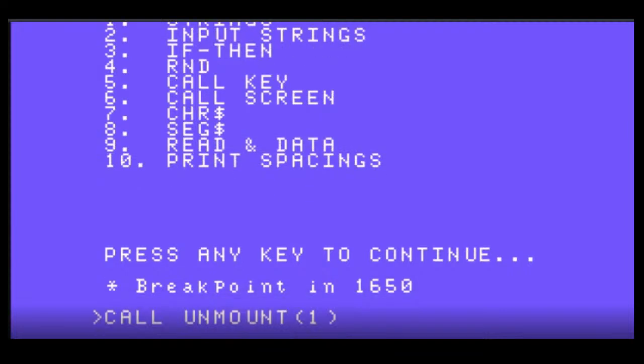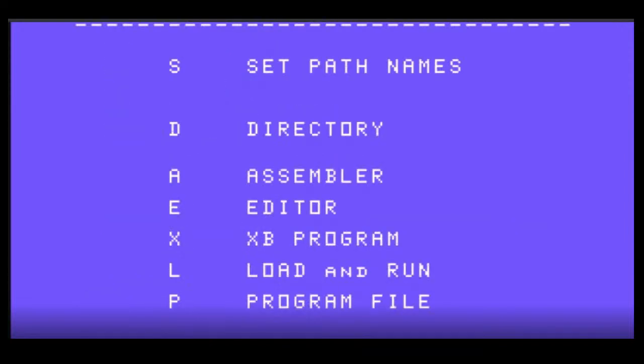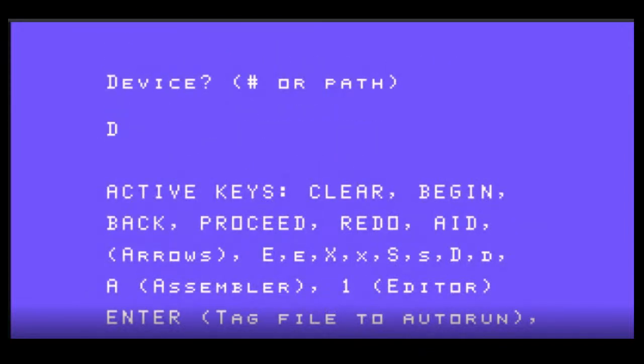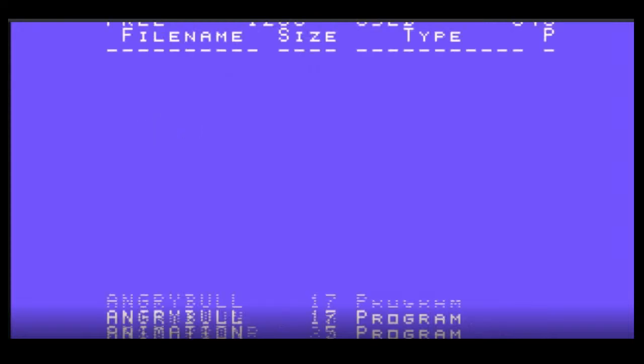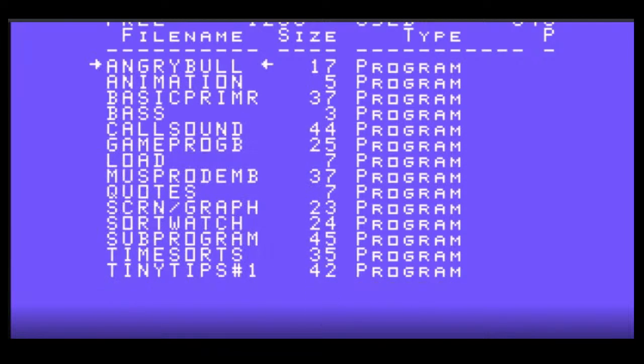And this puts a new floppy disk worth of data into virtual drive 1, disk number 860. Press D, do a directory. Okay, so I see that this one is Tiger Cub, disk number 1150, Angry Bull and a Basic Primer.